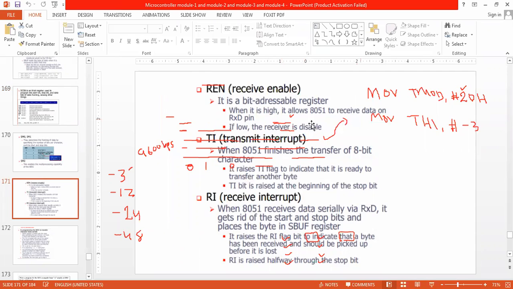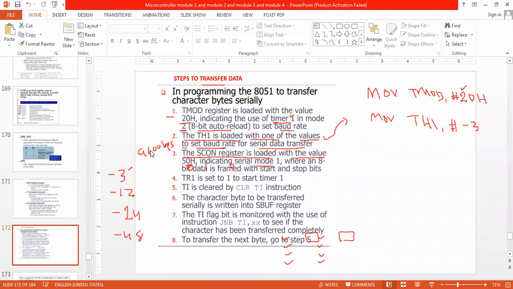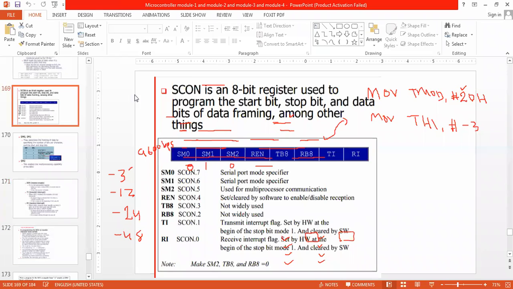If it is high, the receive pin is enabled. If it is low, the receiver is disabled. Receiver disabled means we are transmitting. So this one has to be 0.